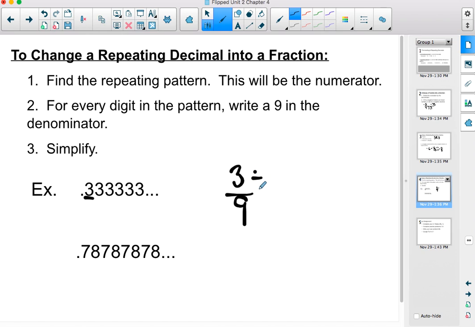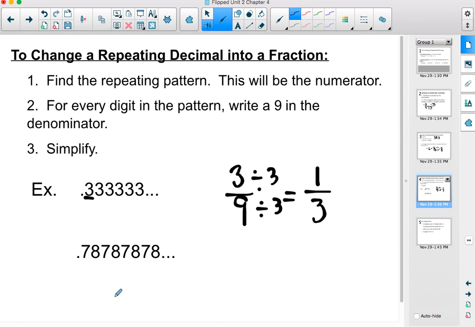I know I can divide by 3 here in the numerator and the denominator, and that will give me a final answer of 1/3. Many of you already know that 1/3 does end up being a repeating decimal, and that repeating decimal is 0.3 repeating. So this is how to change back from a repeating decimal to a fraction. Let's try it on our next example,